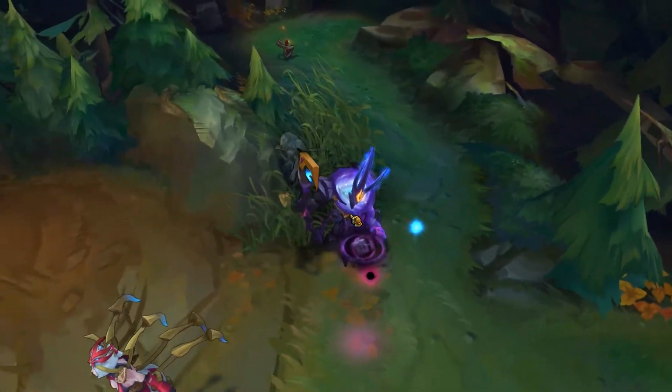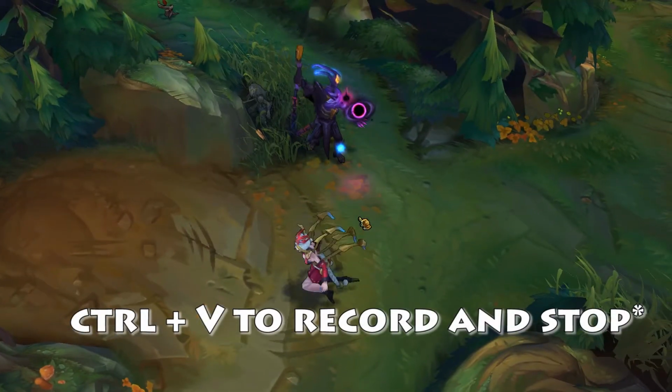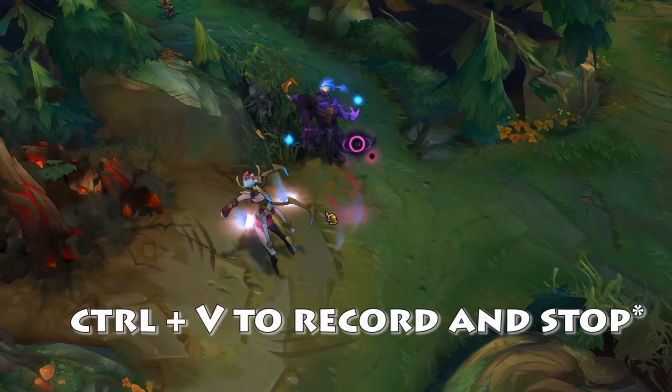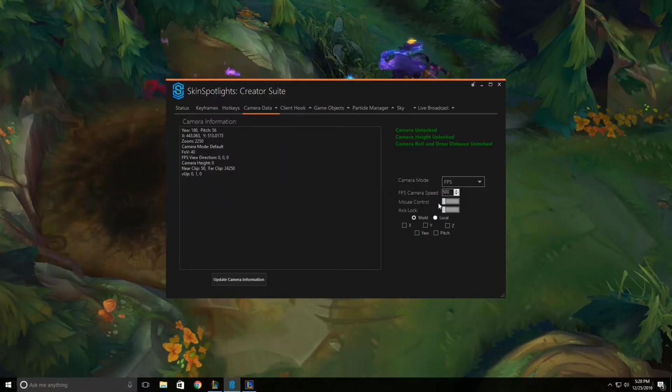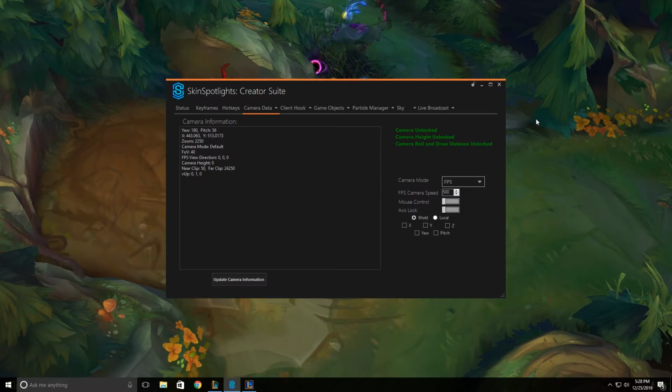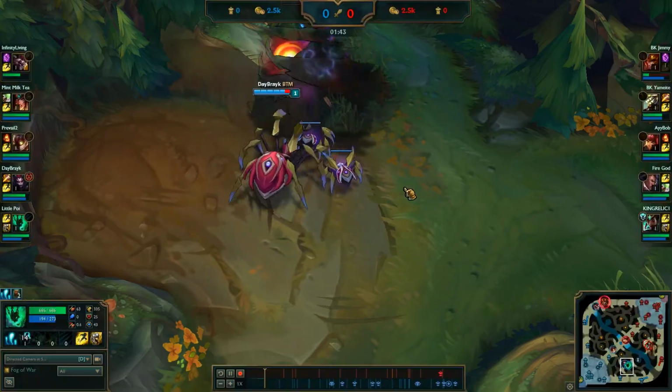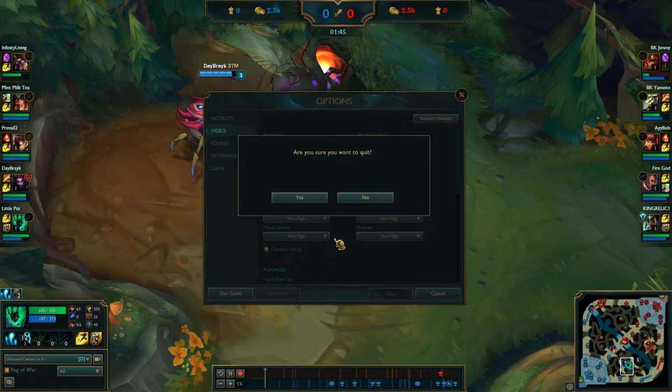Once you get close enough to the ground, you can click on the mouse, and then it will record it for you. So that's basically it. There's nothing too much to it. There are also other effects and animations they can use, but that's very basic on how to do it. And I'm going to show you guys how you can actually